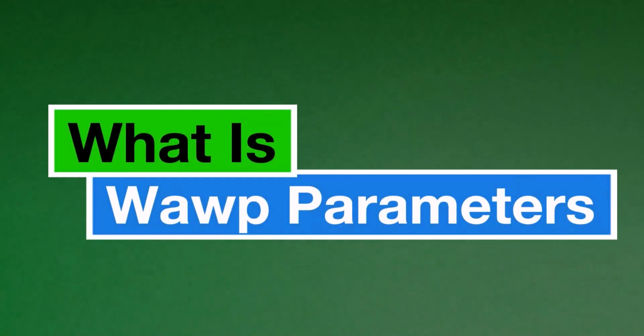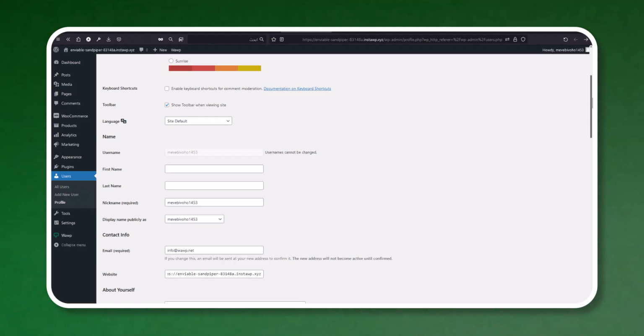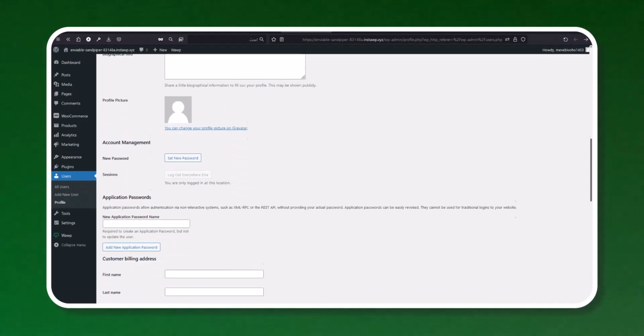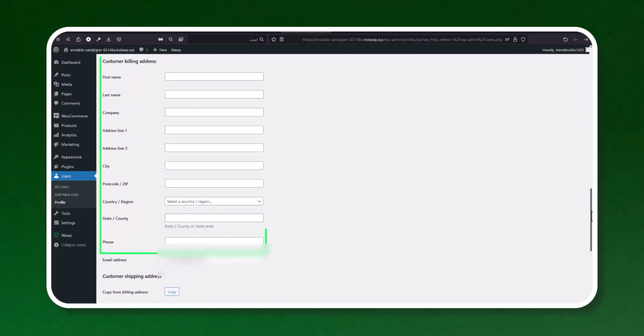What are Wawp Parameters? Wawp Parameters allow you to customize notification messages based on order data. Imagine that you can write one message with multiple names, like Hello Joseph, or Sarah, or Muhammad. The Parameters feature relies on the default fields from the built-in WordPress and WooCommerce user account, and it works like this